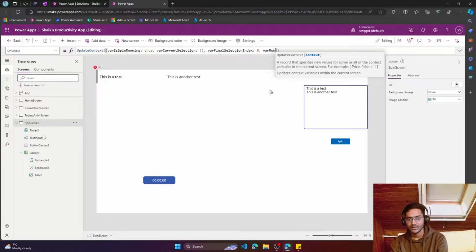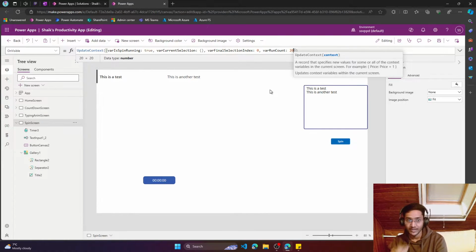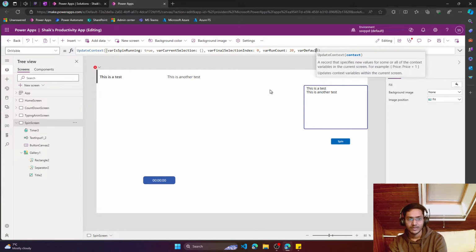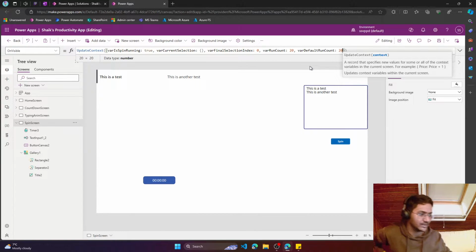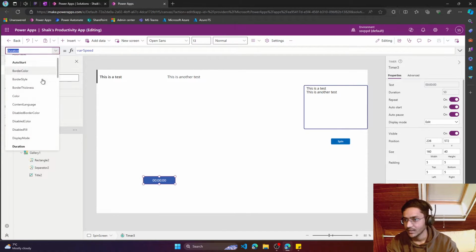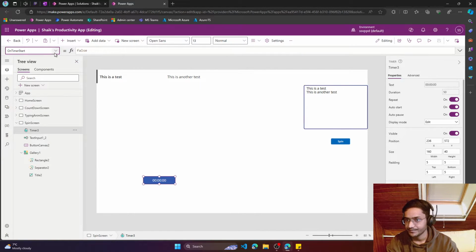Var run count 20. Var default run count 20. So once it's out of the runs, we need to run it again. So we need a default value. Instead of setting 20 everywhere, I'm just going to set it over here. So whenever you come, the initial run count is 20. This is going to run for whatever the speed was, and then each time the timer ends,